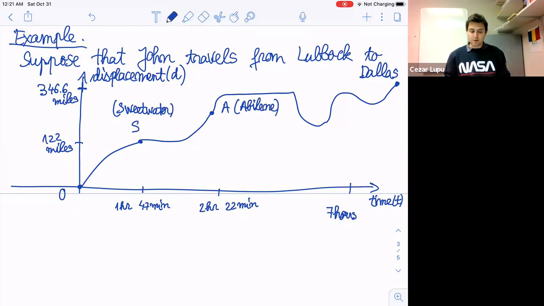And eventually it will reach Dallas, right? As you can see, it's right here. This point D, let's say. Okay. So as you can see, this is the distance, right? The way that John travels from Lubbock to Dallas. All right, and now, well, we would like to, as you can see,